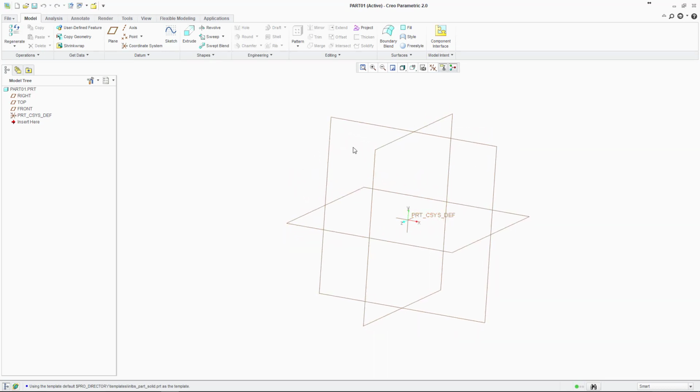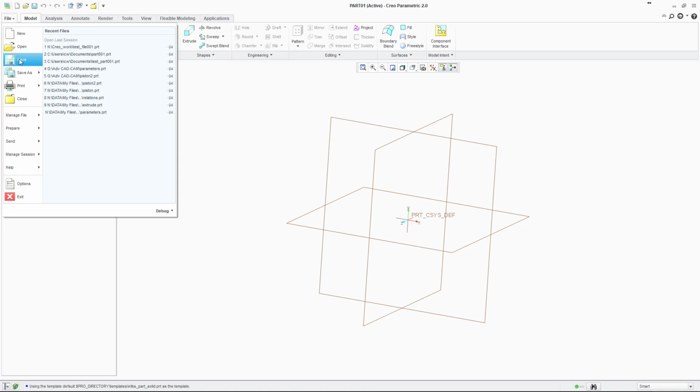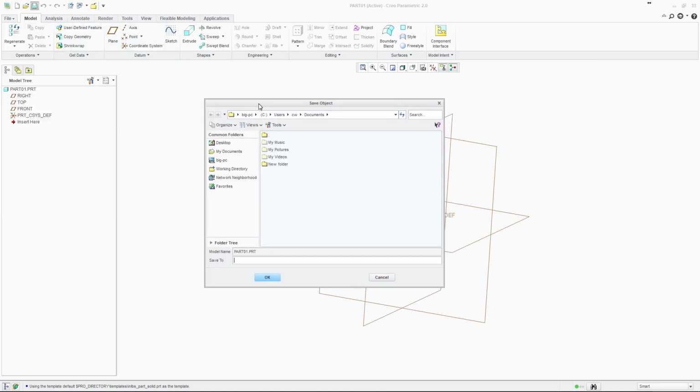So let's say we created some geometry in here, so we could sketch on one of the planes and create some solid geometry using an extrude or a revolve or one of the other features, and then we come to save our part file. So let's just have a little look at that. We'll open the file menu and just click save, and as you can see from the save dialog that opens, the location that it's going to navigate to by default is the current computer and the documents folder on that current computer. So that's going to try and go into documents for the current user on that machine,